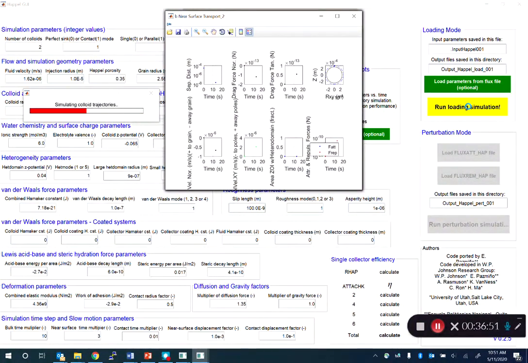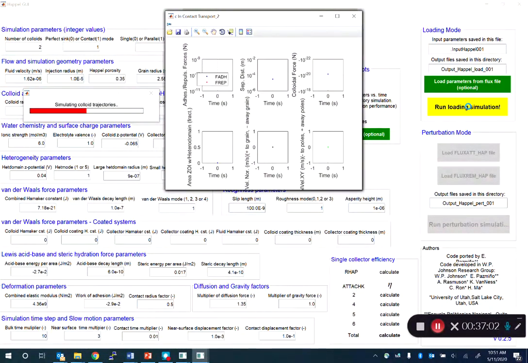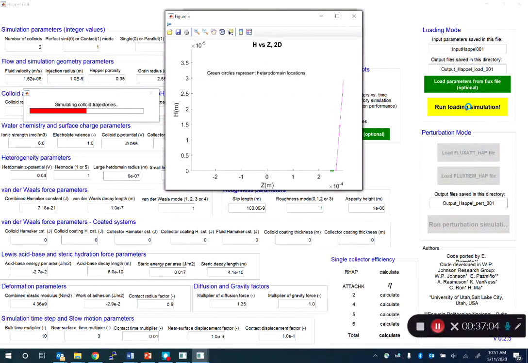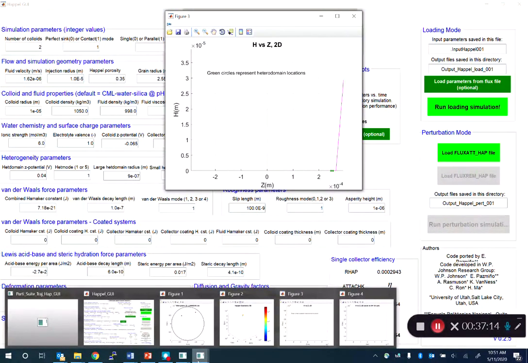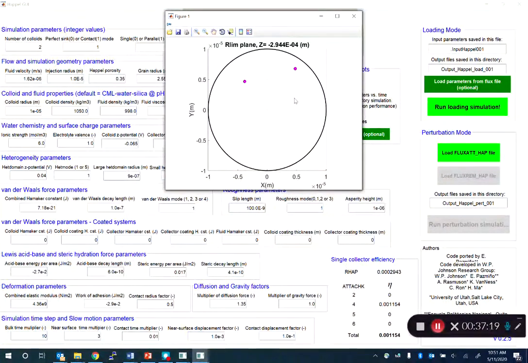And so what you can do with this, of course, is we've learned that the order of magnitude lower fluid velocity allowed immobilization, so we've bracketed immobilization versus not immobilization. And one can play with the fluid velocity to understand what's that threshold that allows immobilization. And so if I go to the figure here, the magenta circles means that the colloid ostensibly immobilized, stopped rolling,